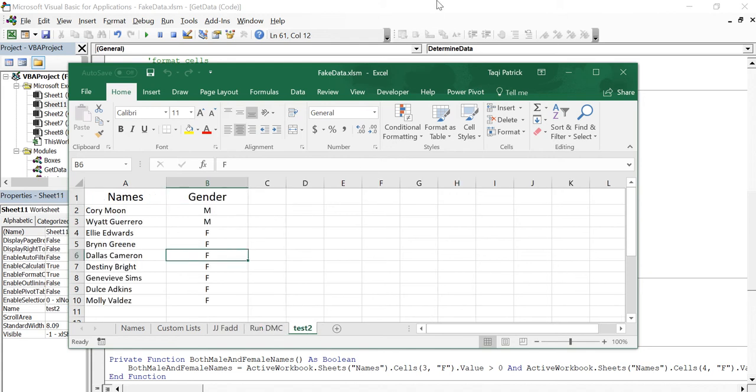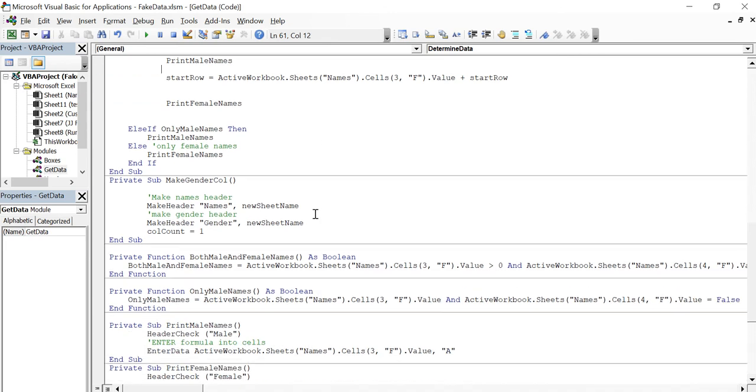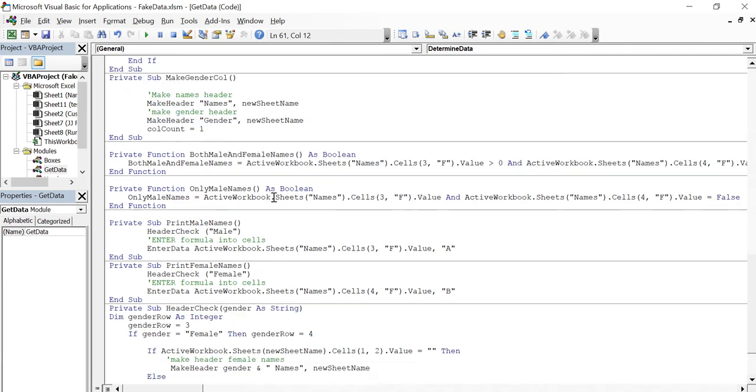So basically what this note is saying is that make gender column not only makes the gender column, it also makes the names column. We can see that down here where it says make header names. First thing it does is make header names and then make header gender. Let's get down to our new